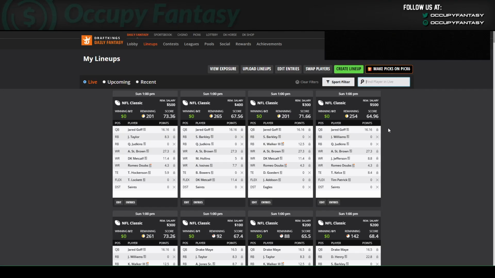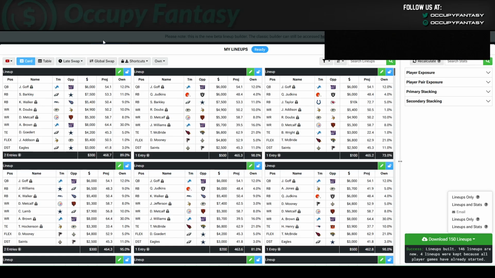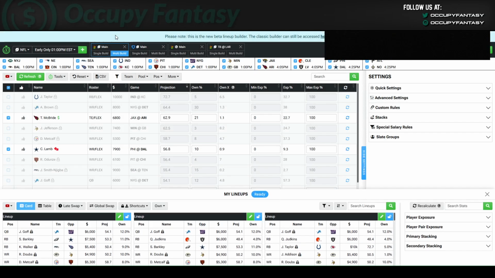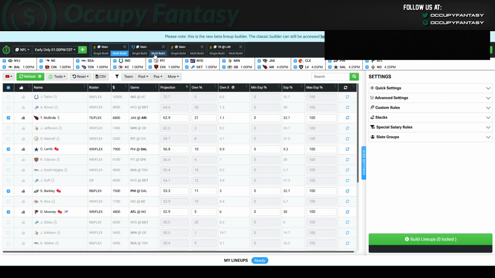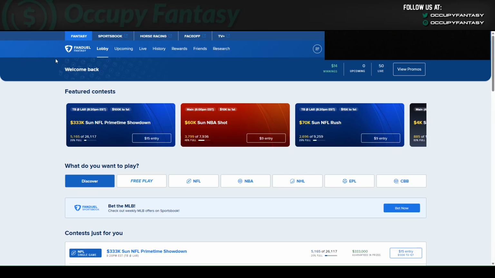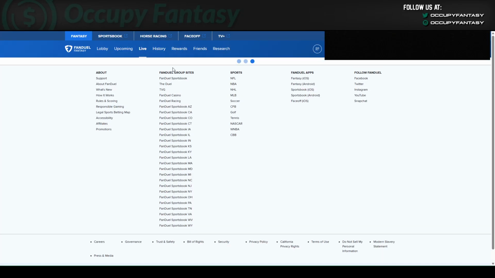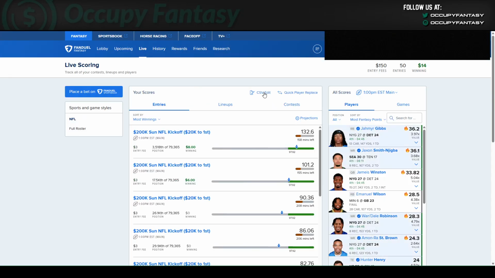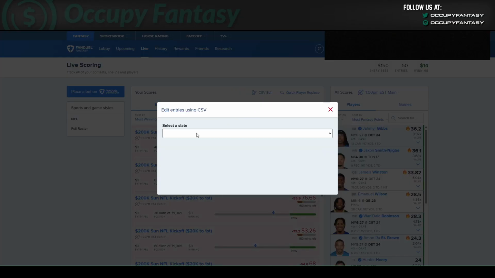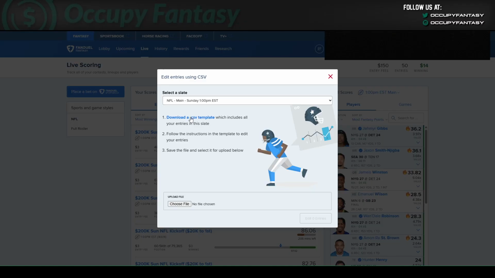Now we're not going to repeat this whole demo for FanDuel, but I will show you the differences in the website just to show you how to get the file and upload it. So we'll go to FanDuel here. While that's loading, on FanDuel, you're going to want to click on Live at the top, and then there's a button called CSV Edit. You click on that, pick your slate, NFL main. You're going to click on this download template,